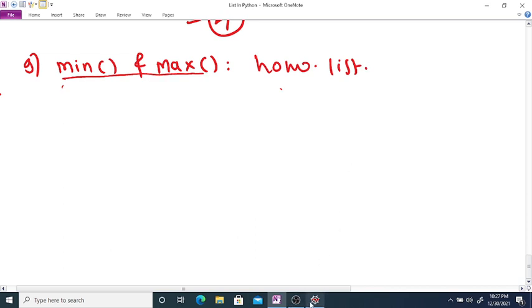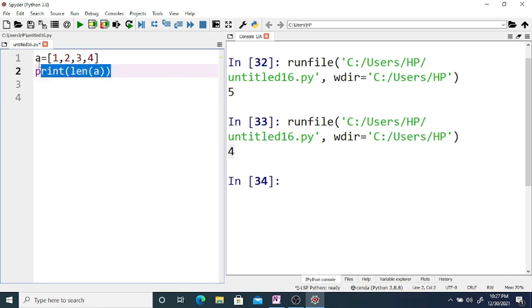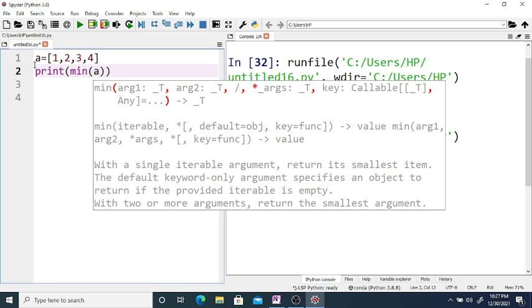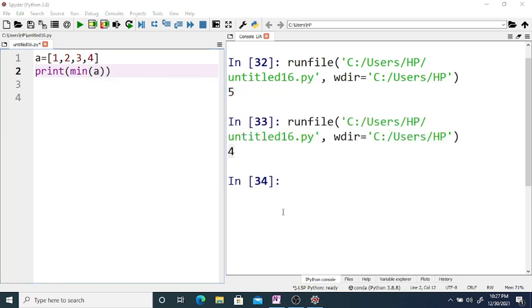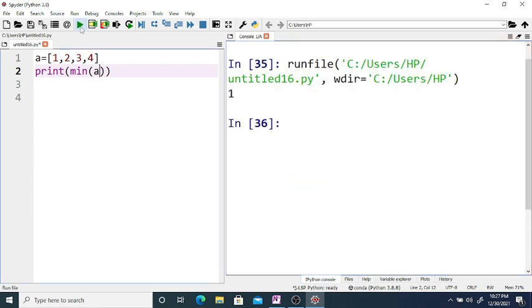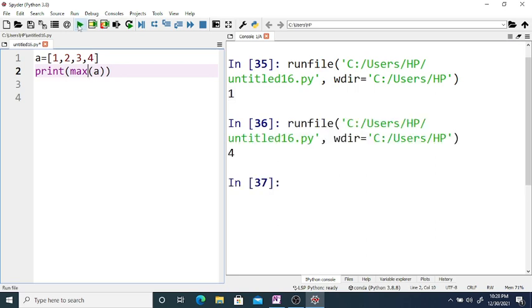For example, if we take a is equal to 1 2 3 4, since it is a homogeneous list, and print minimum of a, the minimum element is 1. If you print maximum, it will print the maximum element of the list. The maximum element is 4.